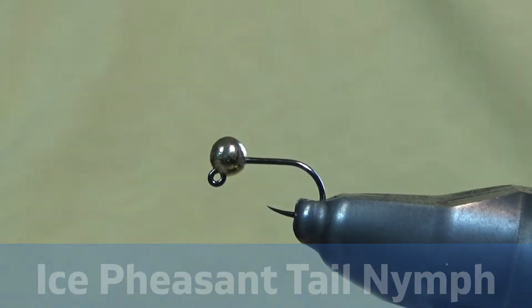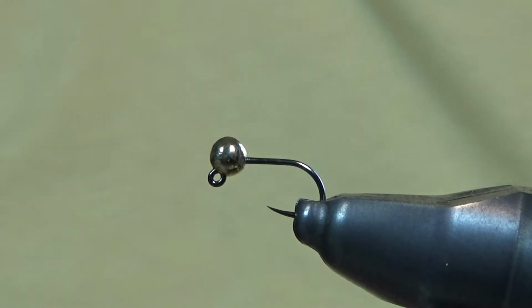I want to share a very simple little nymph with you today. It's a very simple nymph, and all just using pheasant tail feathers. I'm going to tie this nymph. I call it an ice pheasant tail, and basically it's a little bit different than your standard pheasant tail nymph, but it is a really good nymph to